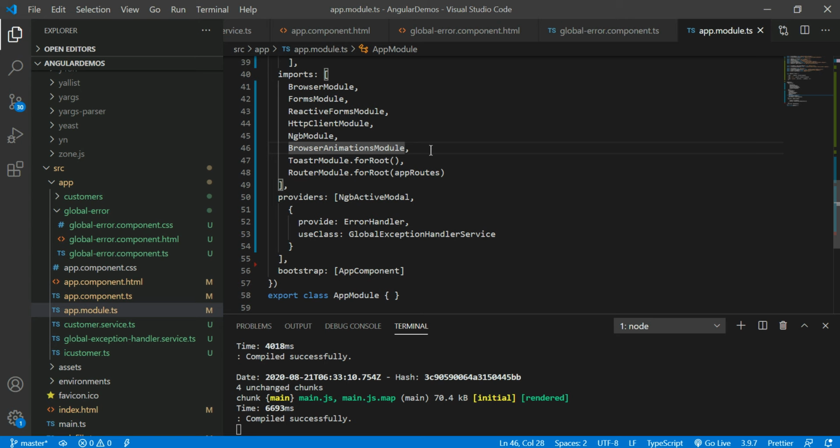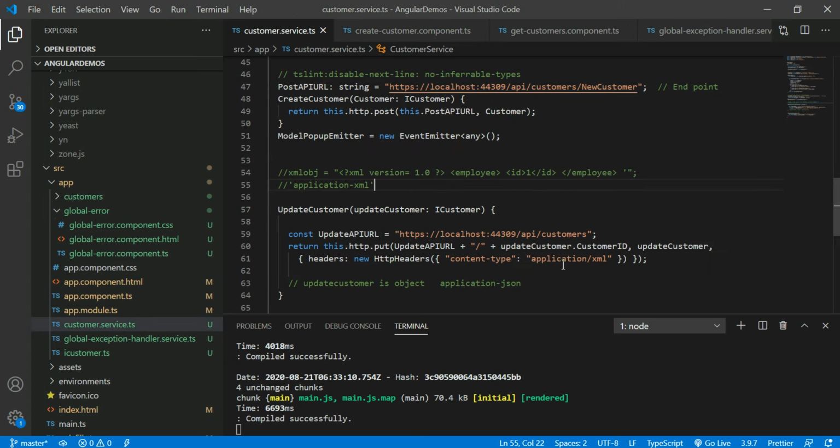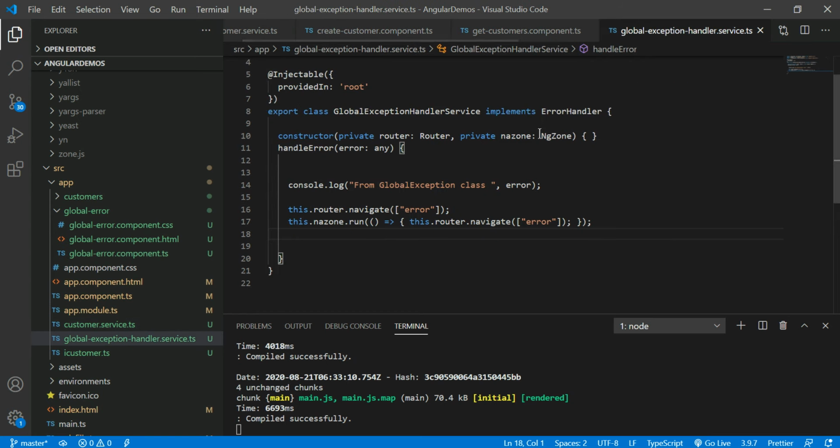Once this is completed, right now I am doing this in the customer service, but you can apply it to any kind of exception. Right now this statement is giving the exception to me, not only on this. If you are getting any kind of exception in this entire web application, the global exception handler will definitely take care of it. Accordingly, we have to develop the code.